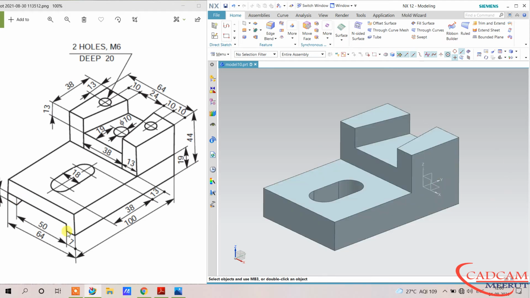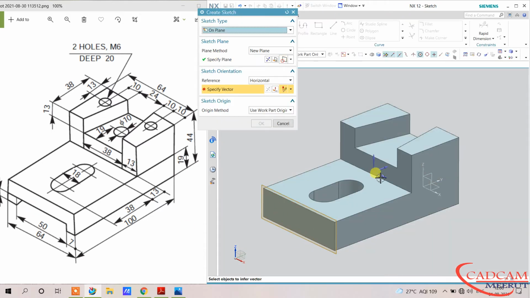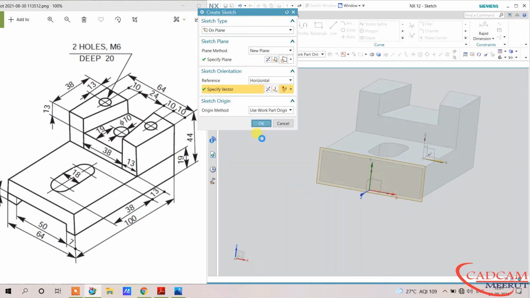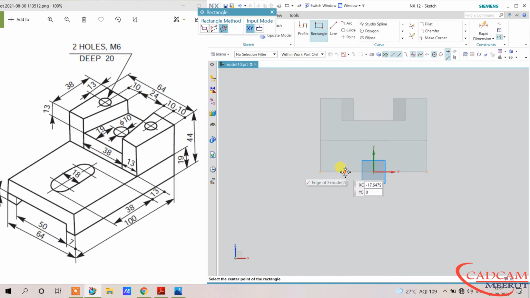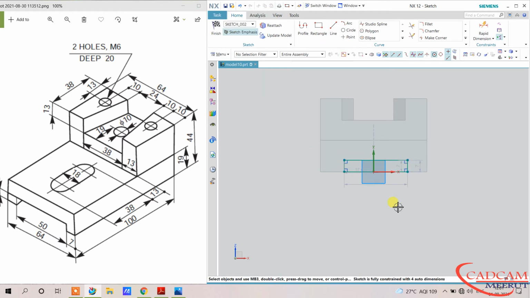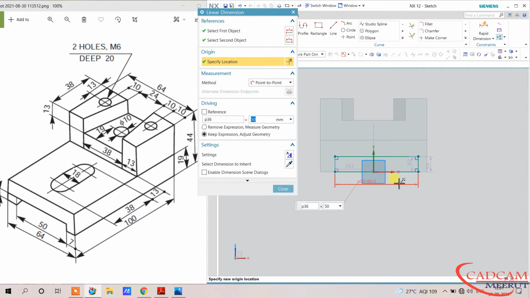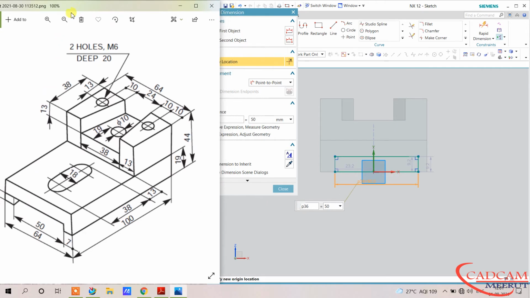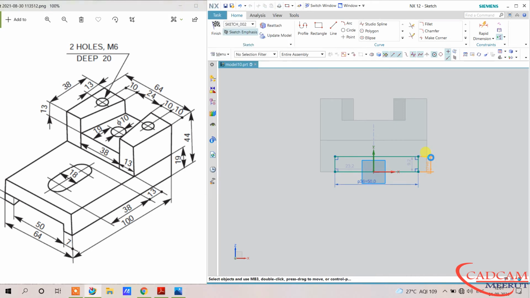Only one slot is remaining, so we will start from this side face. Go to this side face and draw a rectangle by using 2 point. And 50 is the length, and 6, I think 6, okay, yes, 6 is the width.